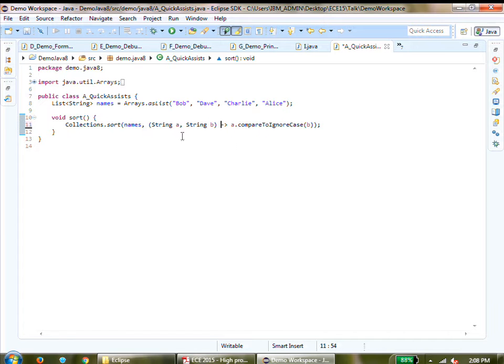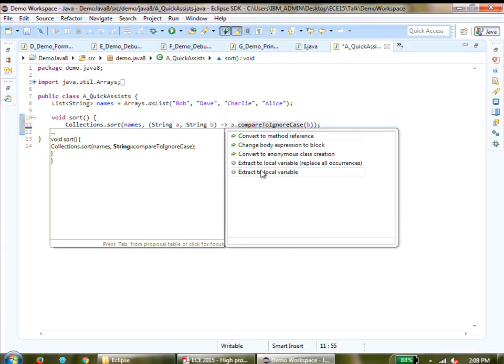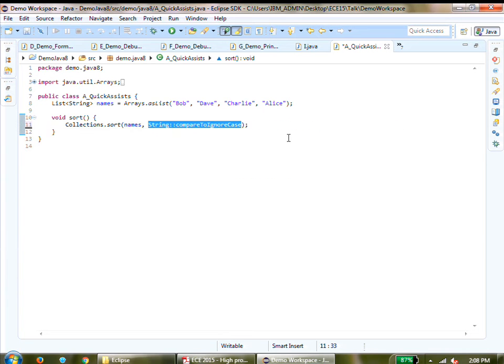And now in this example, as you can see, A and B are the parameters which are being passed directly, as it is used to invoke a named method in the body of the lambda expression. So in Java 8 we know that such a lambda expression can be further simplified by converting it into a method reference. So just press Ctrl 1 and you have this quick assist which can convert a lambda expression into